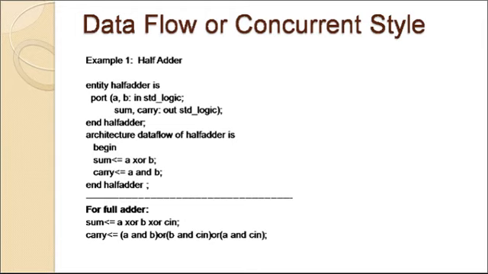Now this was a very simple example, that's why no declarations are required in this example. Hence before the keyword begin you don't see any part, but after the keyword begin you will see two parts. As it is a data flow modeling style, directly the working of a half adder is expressed with the help of expressions, and the expressions are very simple. That is, sum is assigned A XOR B and carry is assigned A AND B. In the half adder, there are only two concurrent statements, and after every statement you have to give a semicolon.